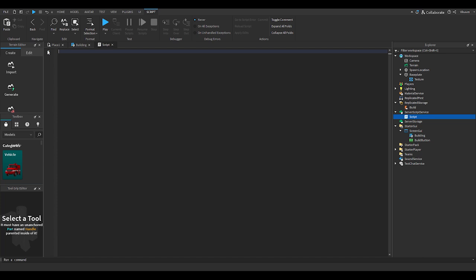And here we'll be receiving the FireServer requests that we have from the local script from each player. So we'll get game.ReplicatedStorage.BuildEvent.OnServerEvent, and we'll